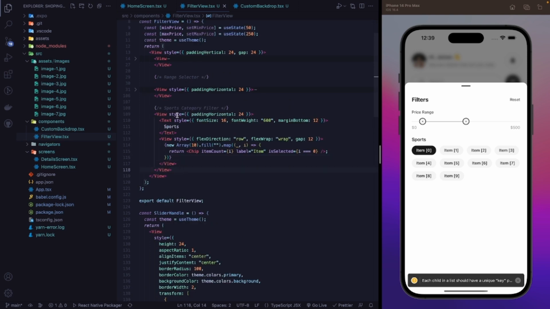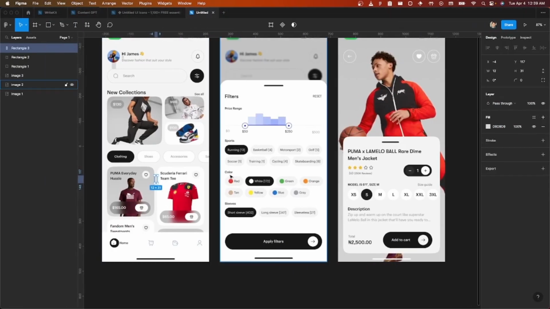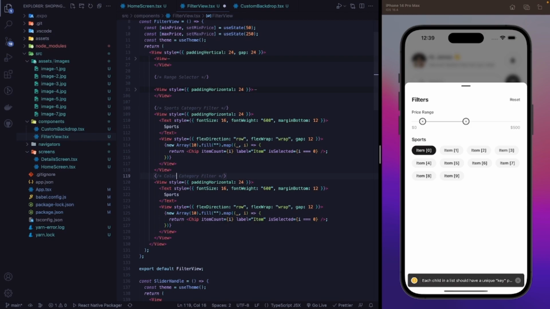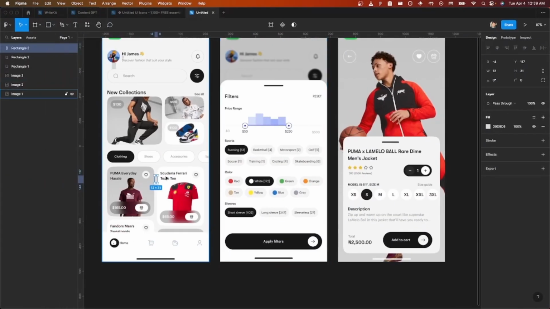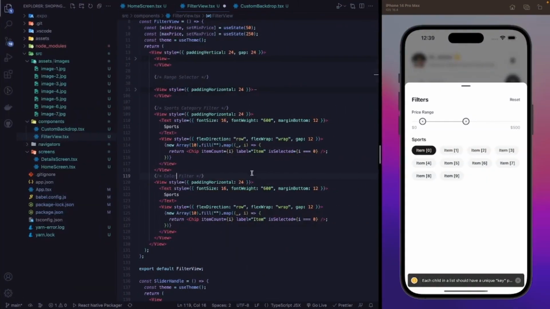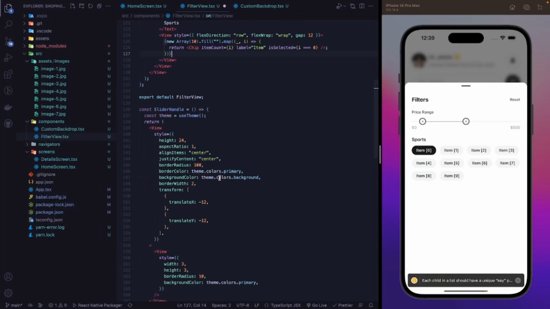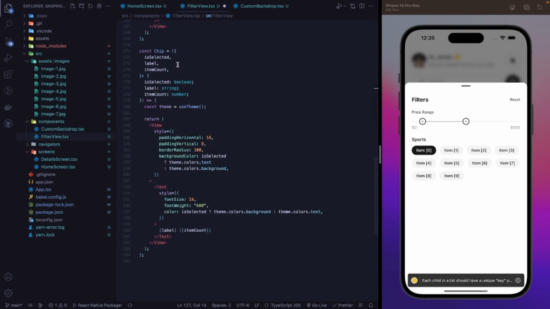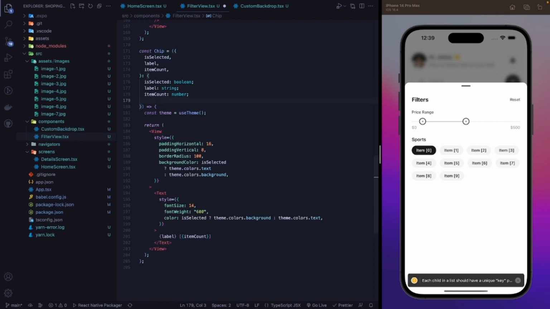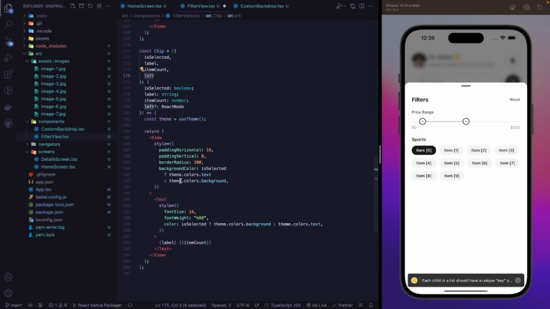Nice. So let's copy this section, and let's add our color filter, and there is quite a bit of color. Okay, so let's use this same chip to add a color, or we can do one thing. There is going to be an optional left, which is going to be a React node. So left, and this left will be used inside here. You can add that there,